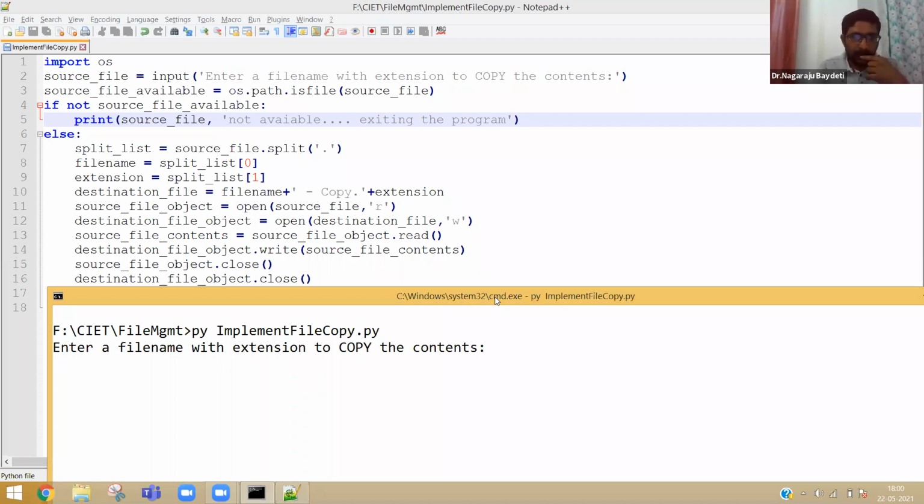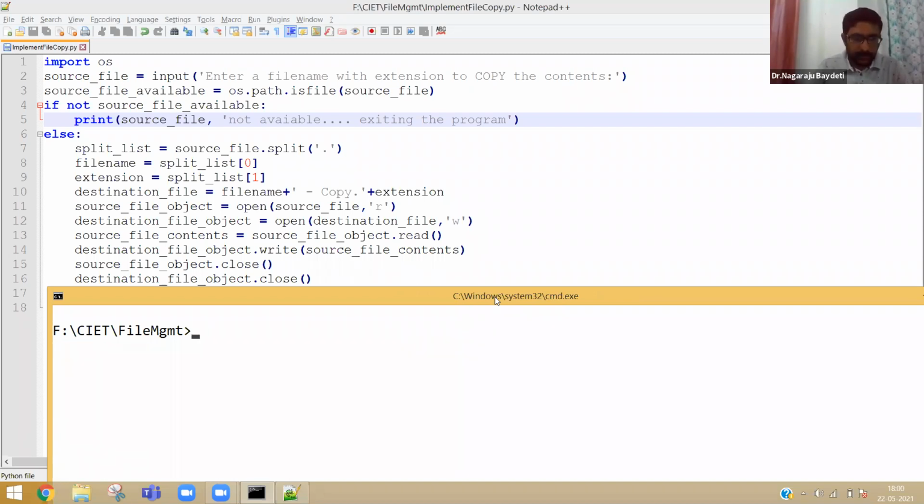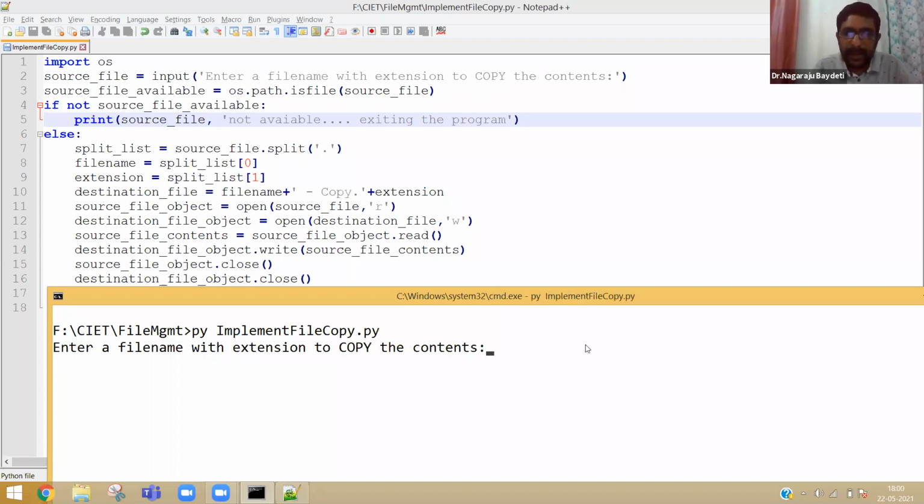Now let me execute the program again. Okay, I forgot the notepad. So mytextfile.txt. Let me copy. Now it is asking me, let me give mytextfile.txt.